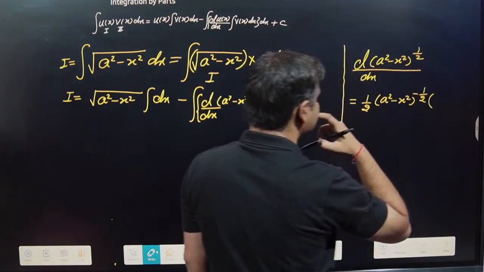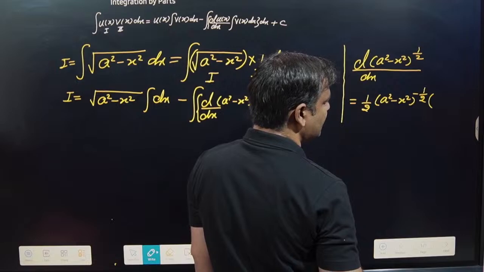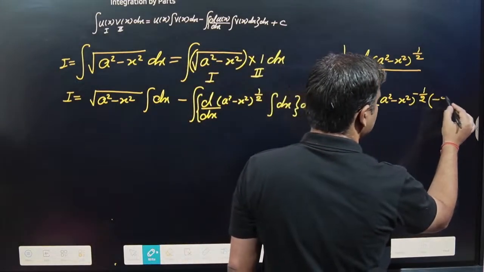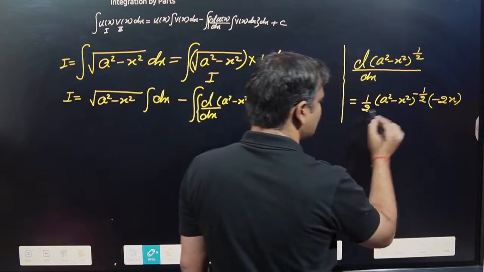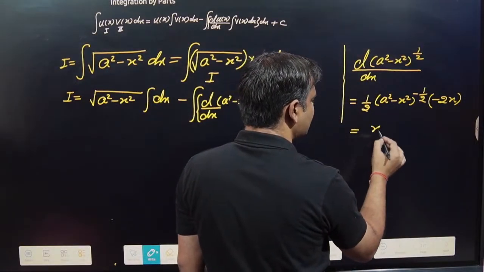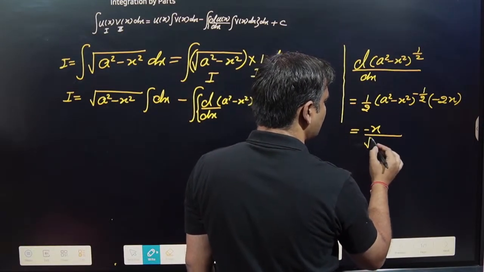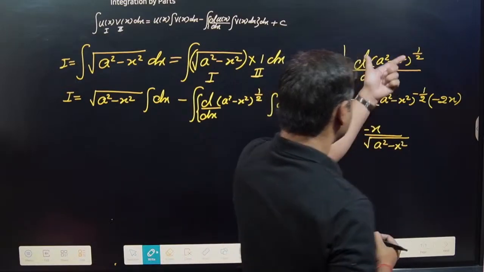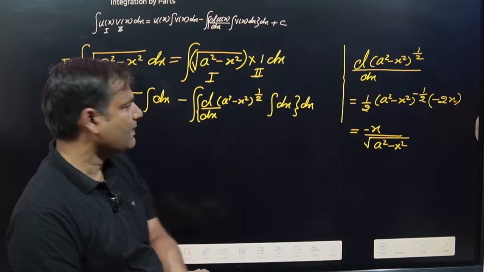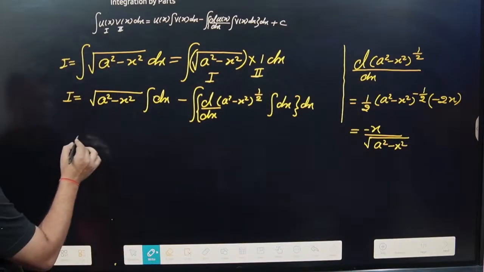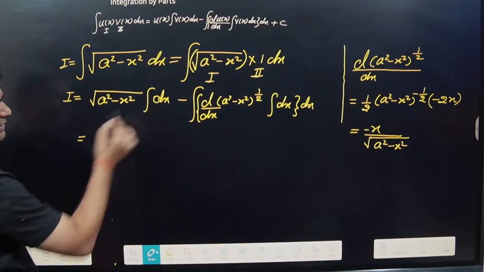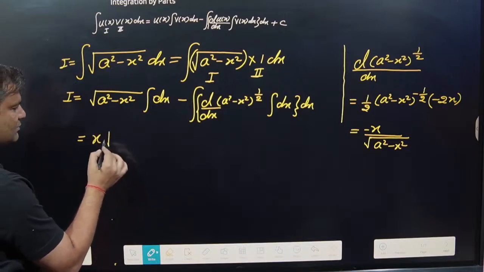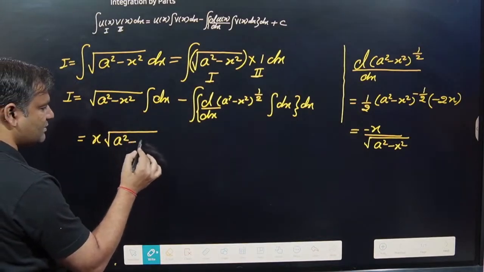A square differentiation is 0, minus x square differentiation is minus 2x. So minus 2x, and the 2 cancels. So it is written here as minus x upon under root a square minus x square basically. So differentiation of that one is written here. Okay. Now what about the integration of dx? Simply x. So you can say x into under root a square minus x square